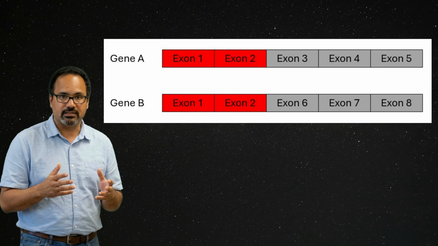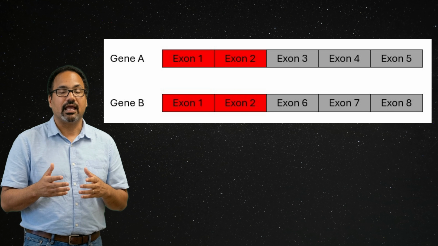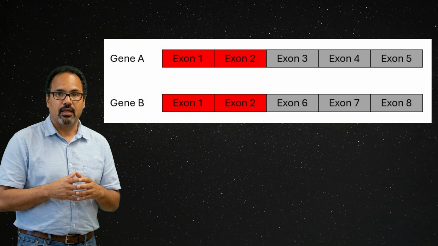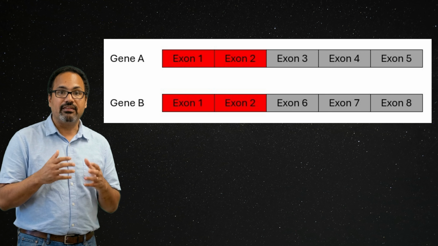Say we have 2 genes, genes A and B. Further, suppose that each gene has 5 exons, and 2 of them are the same, colored red here, while the other 3 exons are different. That means that reads from gene A will overlap with reads from gene B, even if the 2 genes are